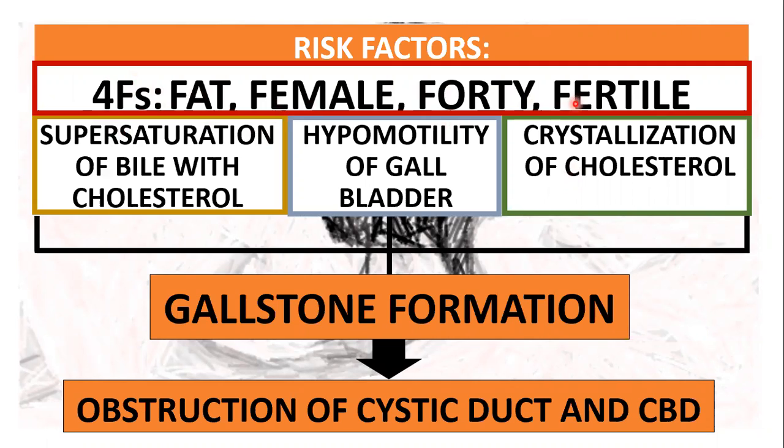This patient has these events in their body: supersaturation of bile with cholesterol, hypomotility of gallbladder, and crystallization or nucleation of cholesterol, which would ultimately lead to gallstone formation. This stone inside the gallbladder would now lead to an obstruction of the cystic duct and common bile duct,